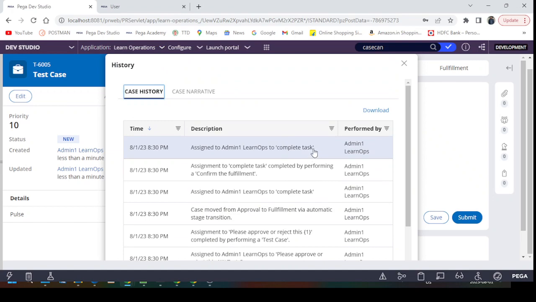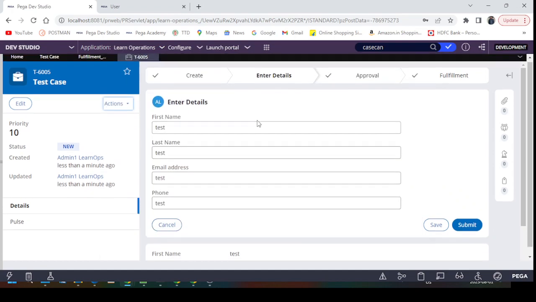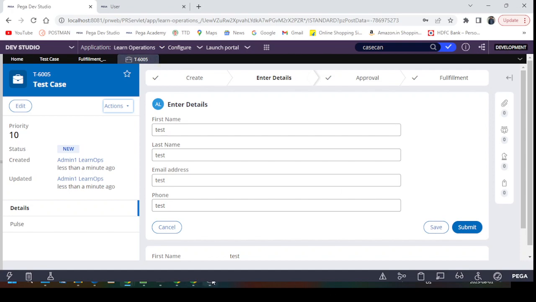You can see. You're able to see it here like to complete task assigned to admin 1, Lenops to complete this task. You're not seeing the enter details stage name, but it is moved. Okay, this is all about today's